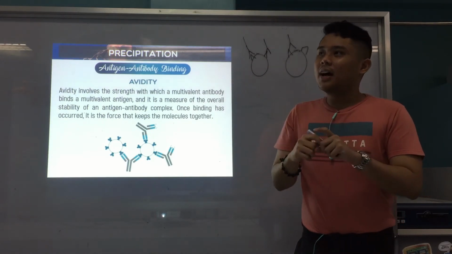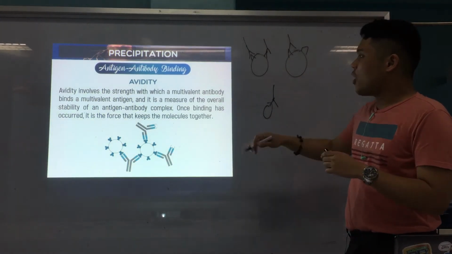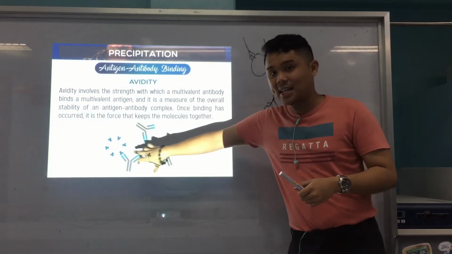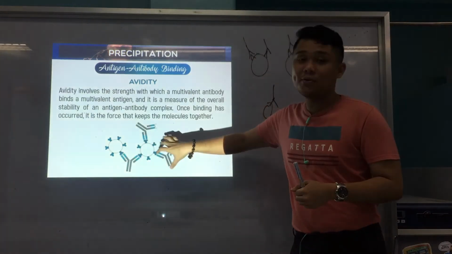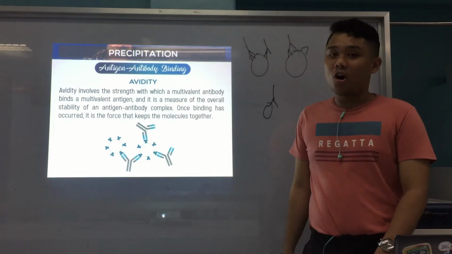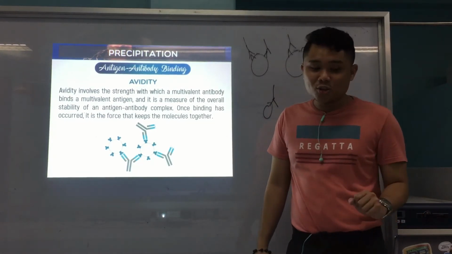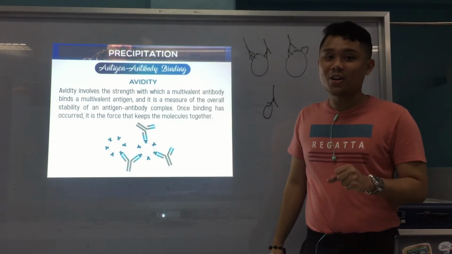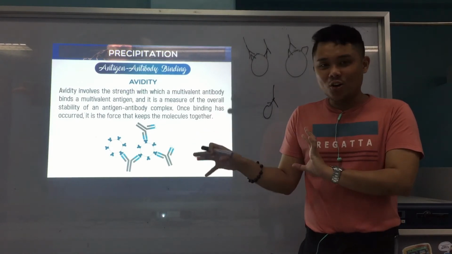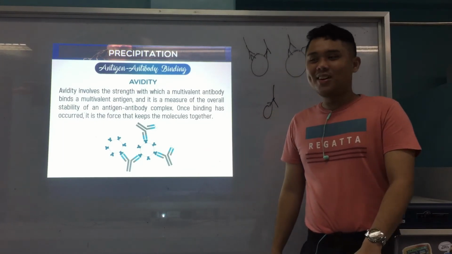So as you can see, another way to look at it is that affinity is usually one antigen, one antibody only. Whereas for avidity, it's all of them: several multivalent antigens, meaning many binding sites, and multivalent antibodies. That's avidity. And again, it's the force that keeps the molecules together. So in your relationships, make sure your avidity is strong. Don't only look at affinity; avidity should be good. The end goal, guys, is avidity.